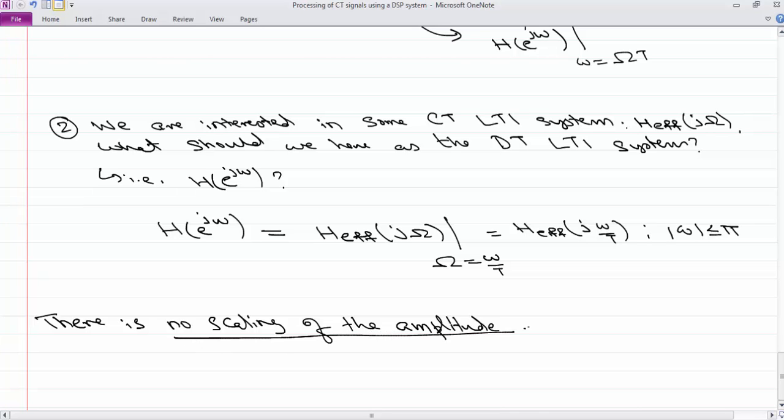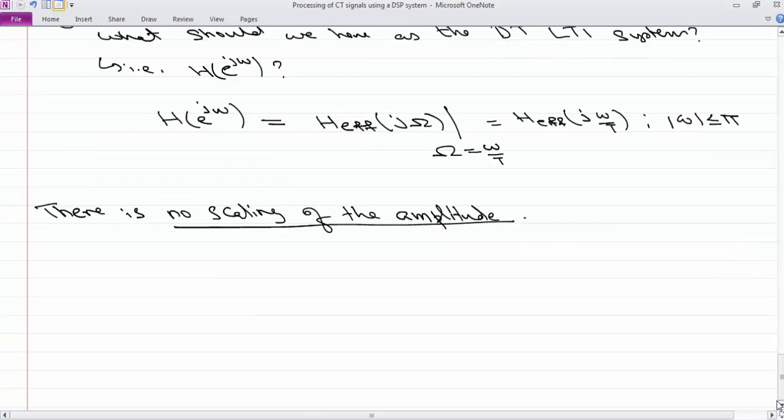That's an important point to remember. The amplitudes in going from continuous to discrete time change for the systems, not for the signals. Here we are talking about equivalent systems. The amplitudes for the systems don't change. So in general, the effects of scaling, of course, will depend upon the shape of the filter that you are talking about. But in the case of ideal filters,